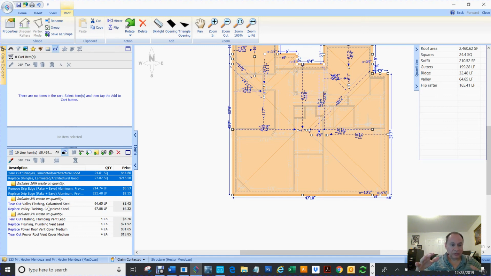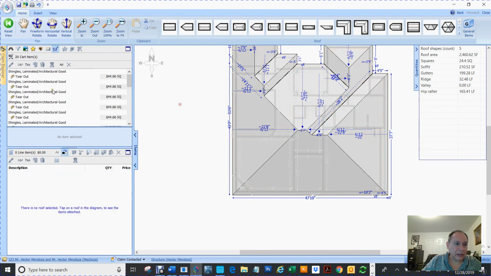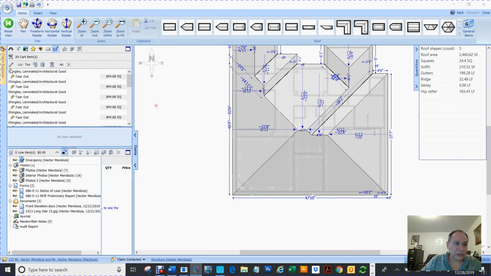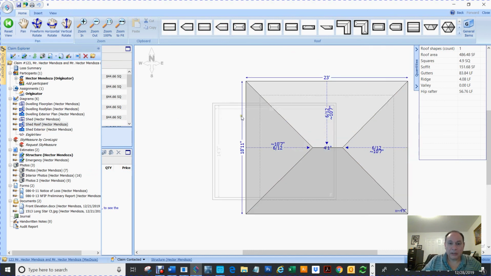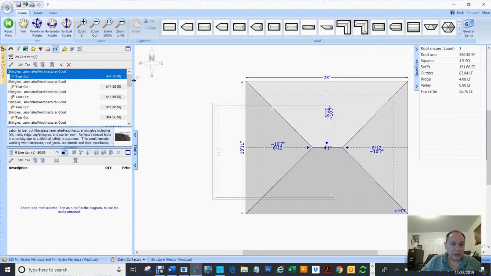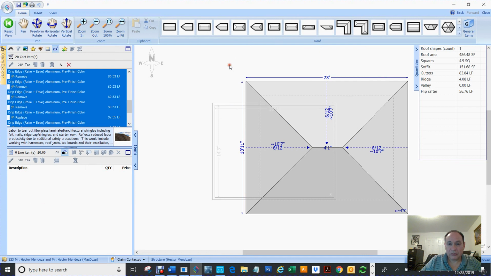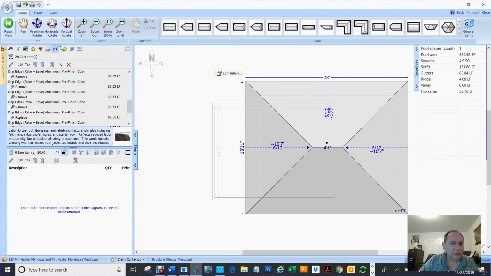It's just a roof. One thing we haven't put on none of this is the felt. So we can add that later. Okay, so I'm going to right click. I'm going to add that to my cart. Now I'm going to go to my select, go to my shed roof, okay, and I'm going to start here, select everything, and just grab it right here. That inserted everything. Now the only thing we got to do, now I'm going to go to my cart,